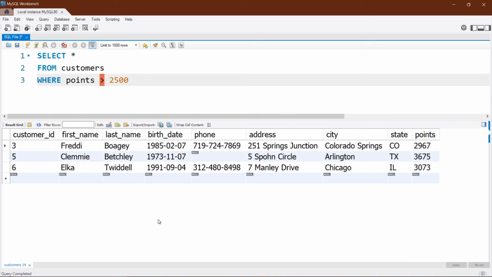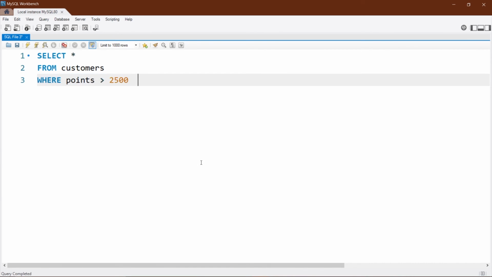If I execute this, you will see we got the customers who have points greater than 2500. So this is how you can use the where clause in MySQL. I hope you have understood the topic that I wanted to discuss with you guys. Today we discussed the where clause and the different comparison operators that we use with the where clause.